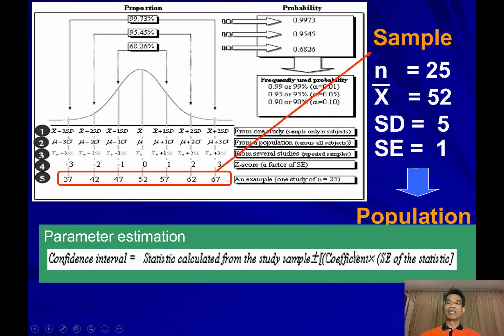So it will be a range, plus or minus, meaning the lower and upper limits of the interval. That something comprises the coefficient that corresponds to the percentage we want. If we want 95%